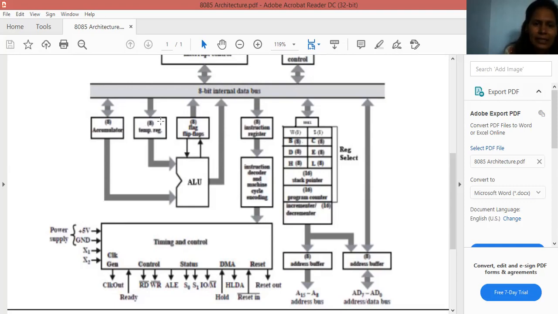In the temporary register, the second operand of the instruction is available. In the temporary register, the operand can come from the B, C, D, E, H, L registers.